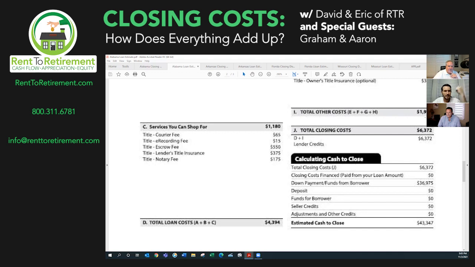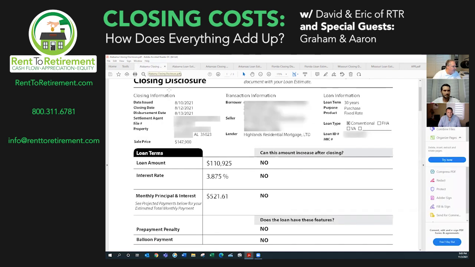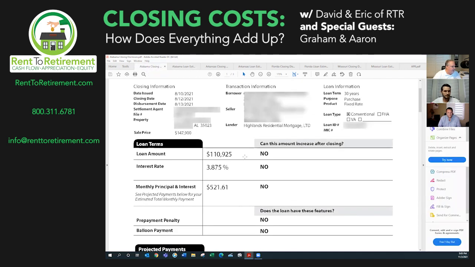So now we're going to switch over to the final closing piece. What happens is, when we're ready to go, we've got the title policy in, the appraisal in, the underwriting, the insurance, we've got it in for clear to close, and all of a sudden we send out a closing disclosure. Now I'm going to switch over here. Notice that for Alabama, now it's the closing disclosure. Very similar numbers to what we looked at earlier.